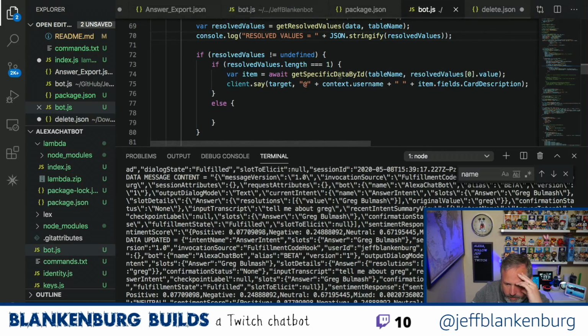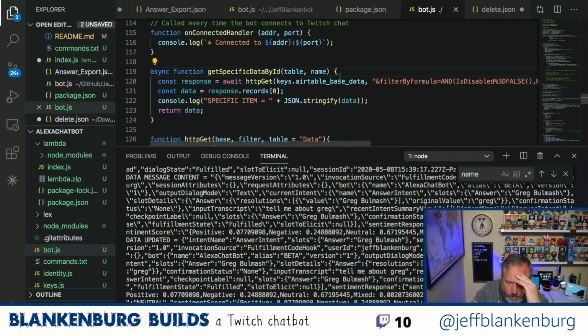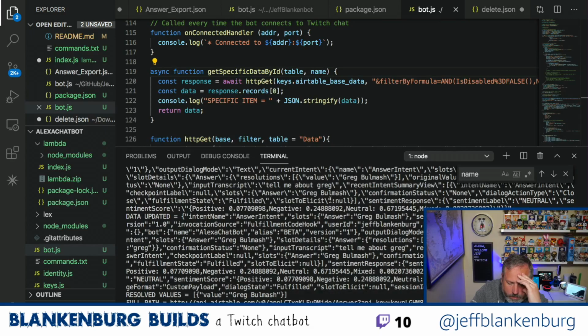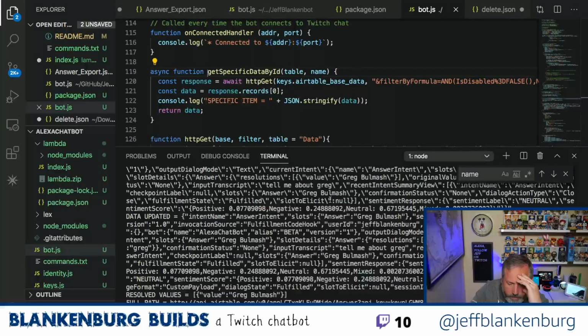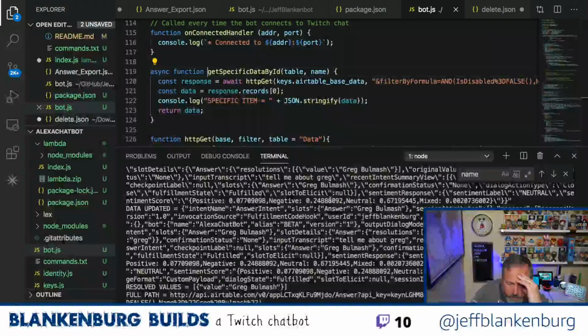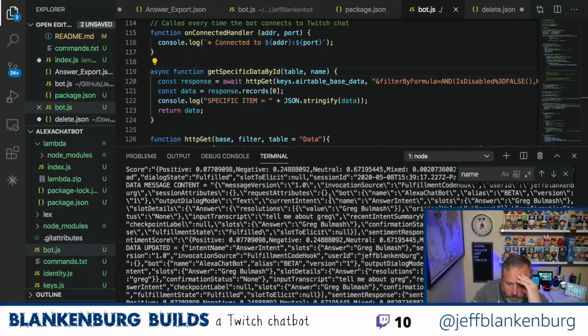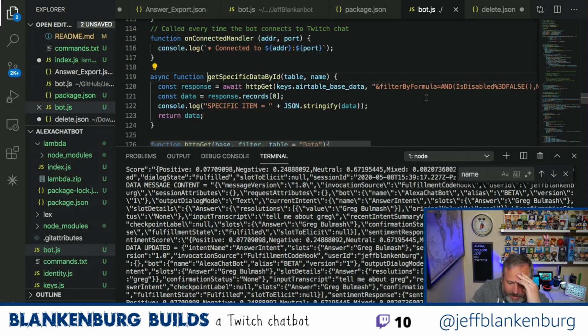So now I need to look at get specific data by ID, because that seems to be my issue. And now I think that I'm encoding that properly.